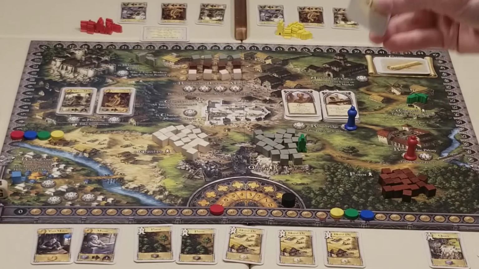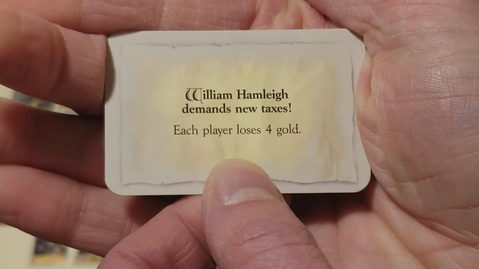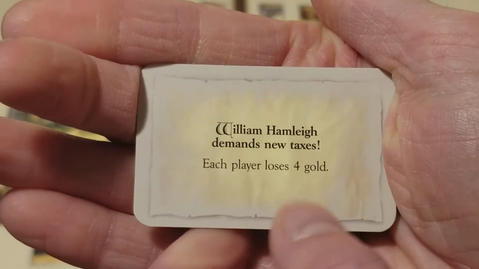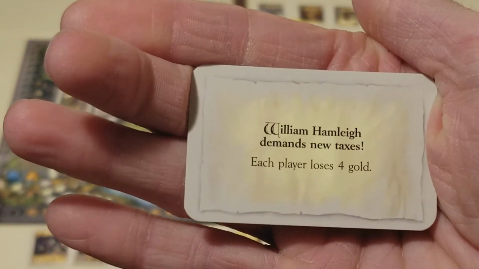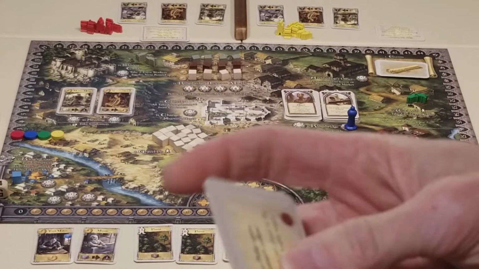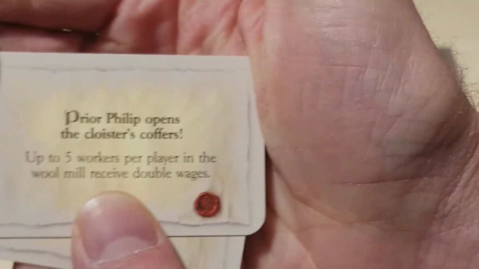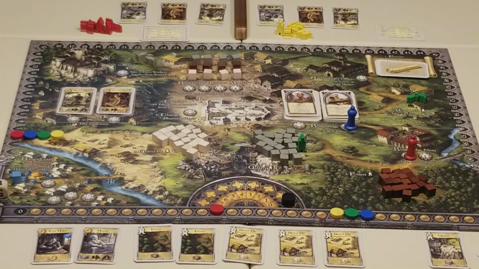So let me grab one of those cards and show you what they look like. Like this one says, each player loses 4 gold. Okay, some random events are negative and some are positive. The positive ones look like this. They have a red seal on them over here. Now the reason that's important is